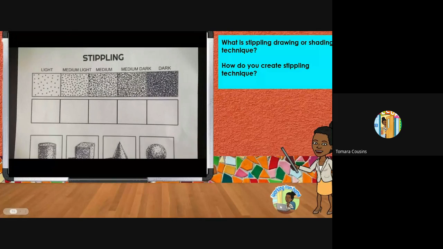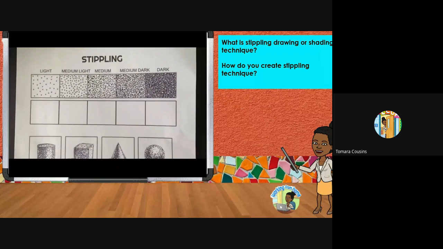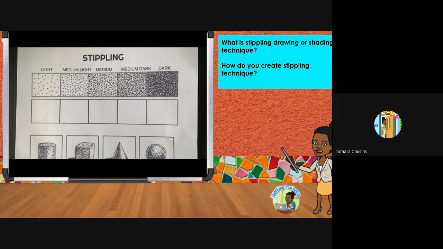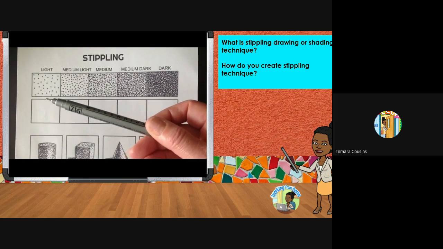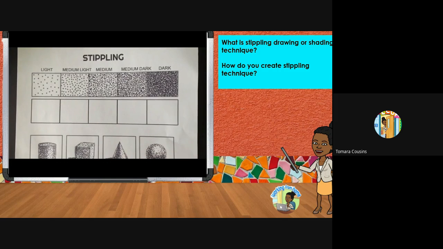Just for kind of a warm up. First of all, my suggestion to you would be using a marker or a pen. You can use a ballpoint pen, and if you do use a marker, I don't care what color it is, but you just want to make sure that it's not too thin or too thick. If you go with something that's crazy thin, like one of these, it might seem too small for you to work with. So ideally, if you have an abundance of different markers available, my suggestion would be something